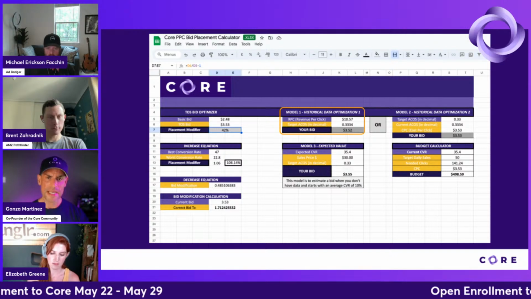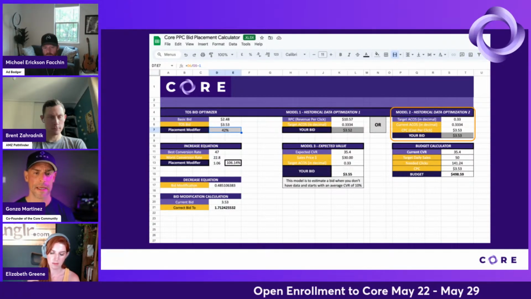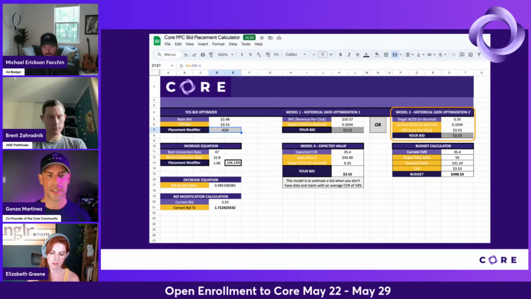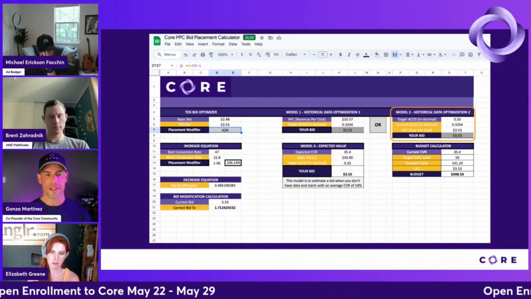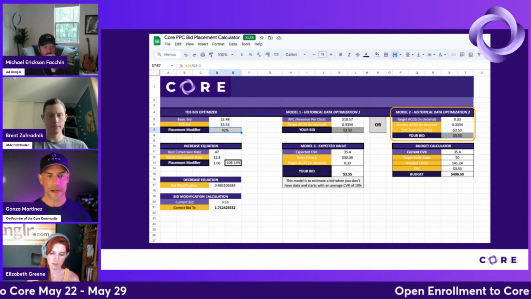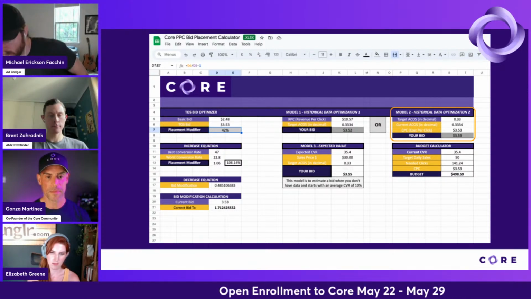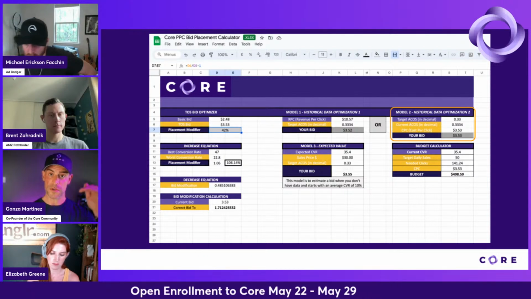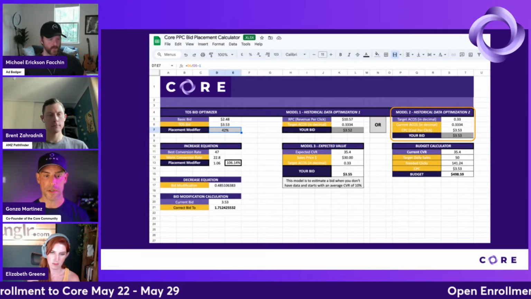And basically, it has 2 historical models. One is the one that I mentioned, the revenue per click. I use the one on the right, which is historical data optimization 2, I call it. And then you enter the target ACOS on that cell. You enter the current ACOS. Notice that it's in decimal. And then the CPC that you see in that placement, whatever resulting CPC is, and it'll give you your bid,